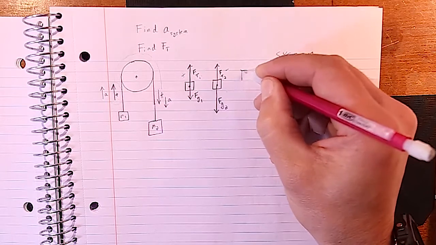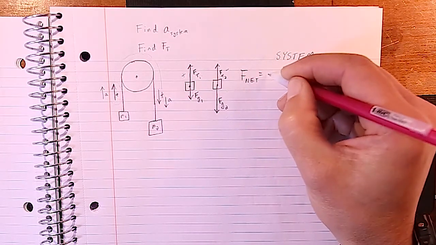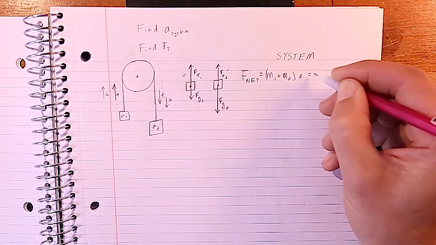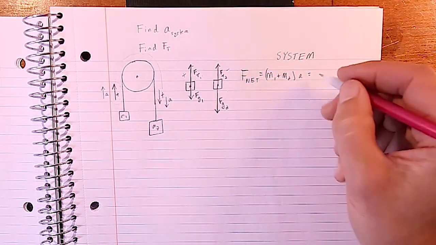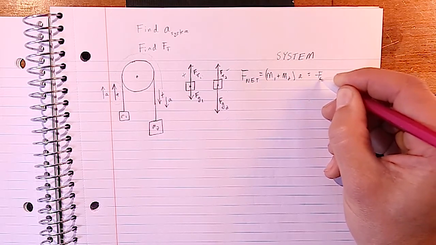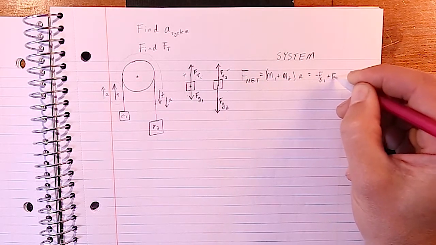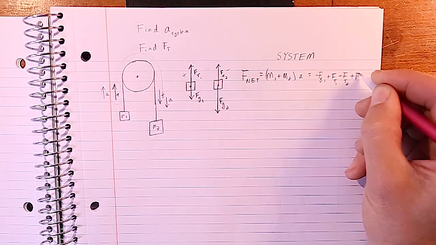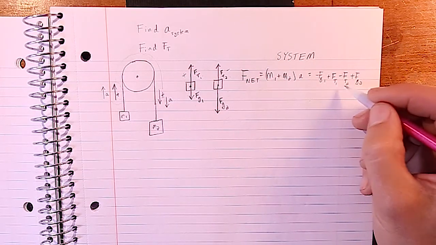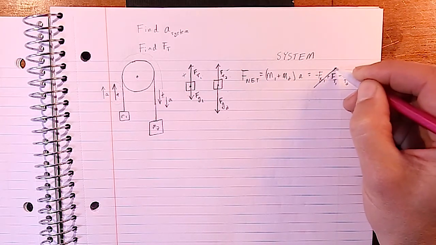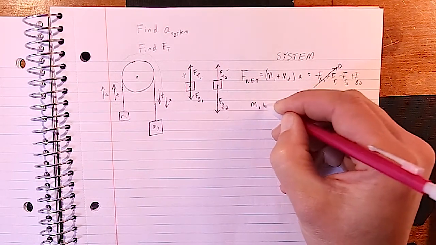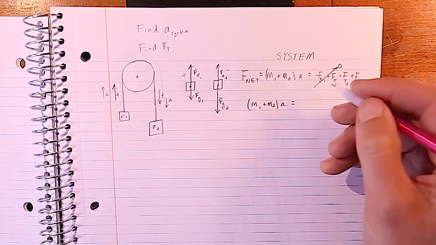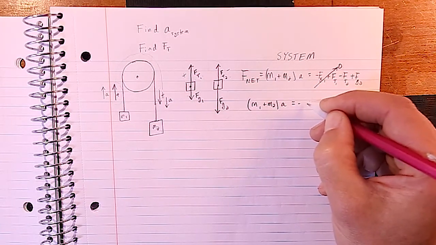So now we write our F net equation to solve it as a system. That's going to be F net equals M1 plus M2 all times A, which is equal to, and now we add them up. We have a minus Fg1, a plus Ft1, a minus Ft2, and a plus Fg2. Now, because Ft1 and Ft2 are equal and opposite, those are going to cancel out. So we're left with M1 plus M2, A, equals, and then we have minus Fg1, so that's going to be minus